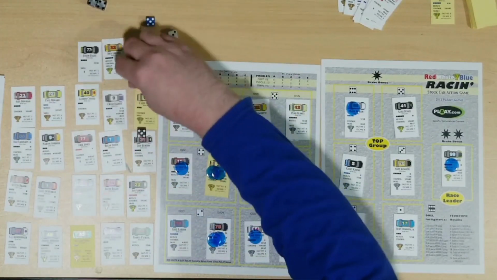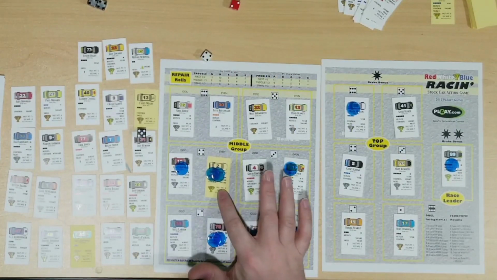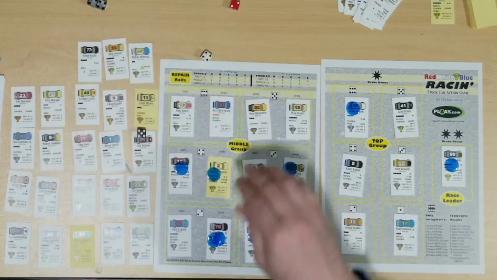Jeff Burton. 2. Jeff Burton passes gas. It's an even number 4. Brad Keselowski has 4. 1, 2, 3. But that's all he's got. He's going to have to spend that chip. This middle group gets no